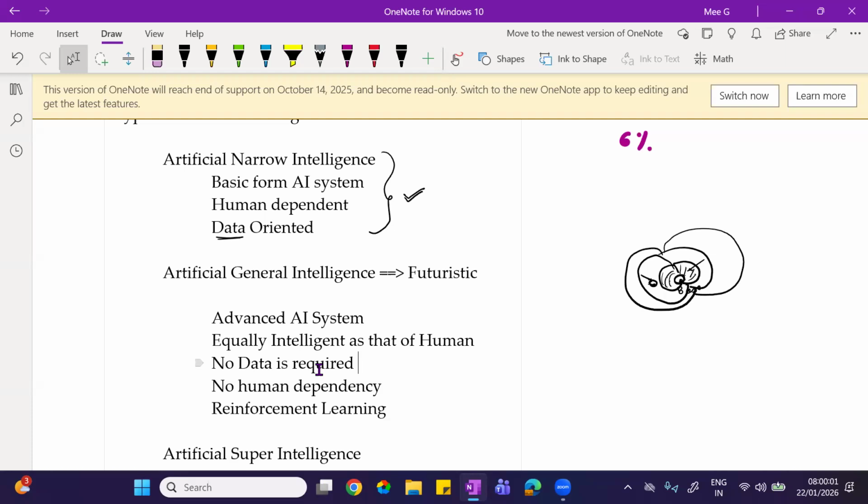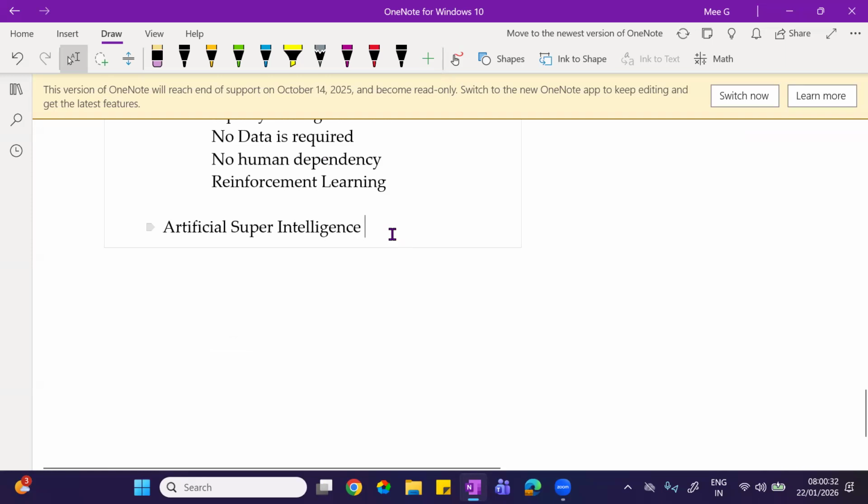And transportation will be very fast, very secure, and no mistakes, everything in an organized way. But again, there will be consequences if you use this for the wrong usage, for terrorism or some enmity and all. There will be some consequences, but majorly it will be the best phase of the AI. But once it comes to this one, they will say it is super intelligent robots.